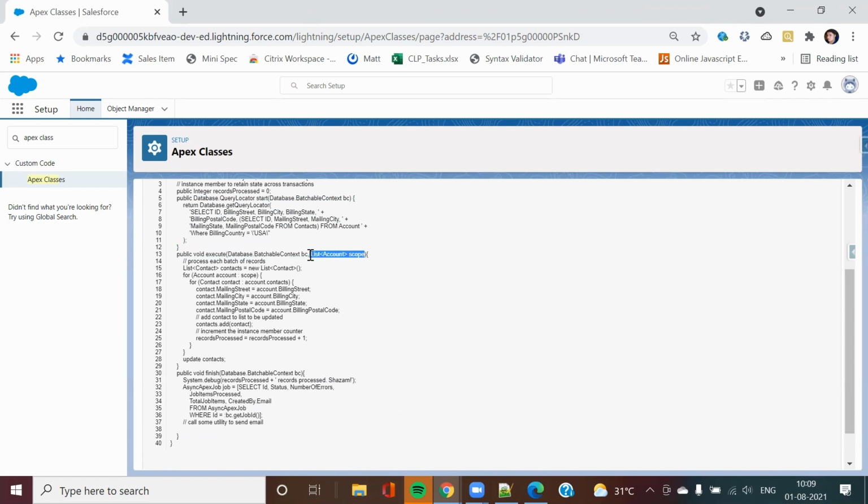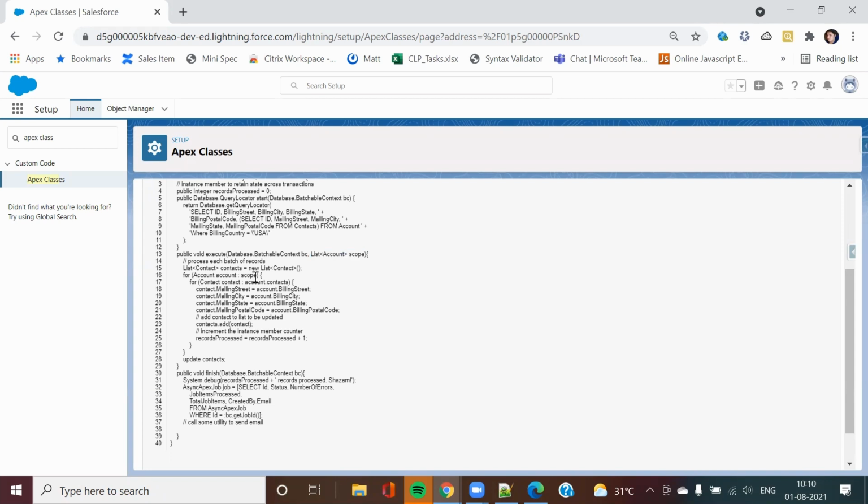Once this is done, I need to loop on my account records. Inside that account, I have my contact child records. This is what I was saying, how you can make use of related child records also. This for loop I can only write in case I already have a relationship query.